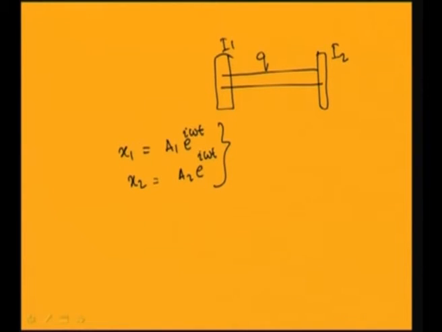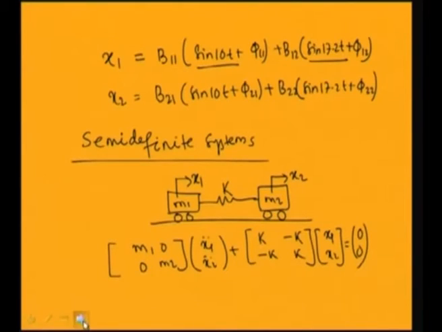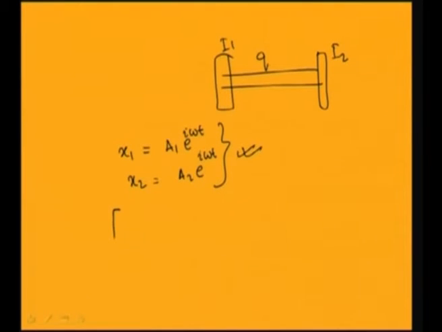Already you know that in case of normal modes all the masses will vibrate with the same frequency. So I have taken the frequency to be the same in both cases, omega for x1 and omega for x2, but the amplitudes are different. In case of normal modes the masses of the system vibrate with the same frequency and pass through the equilibrium position at the same time. After substituting the assumed solution in the equation of motion, it reduces to [k minus m1 omega square, minus k; minus k, k minus m2 omega square] into [a1; a2] equal to [0; 0].